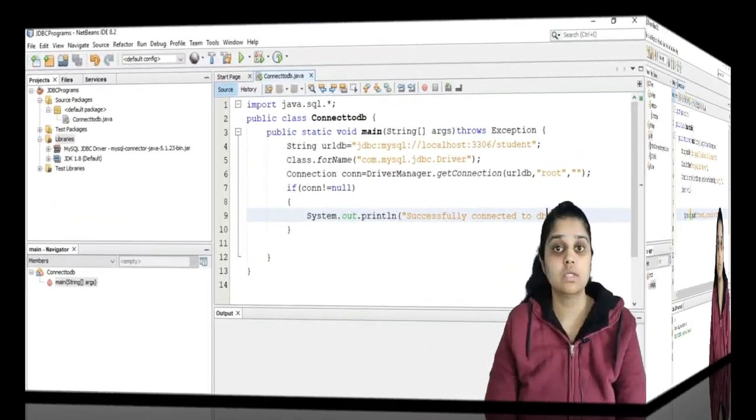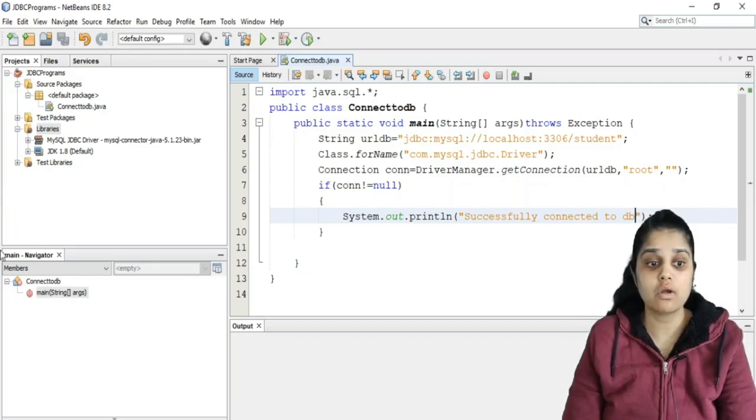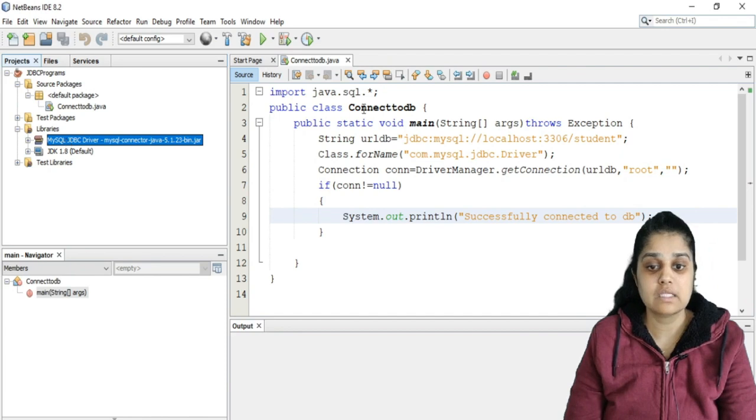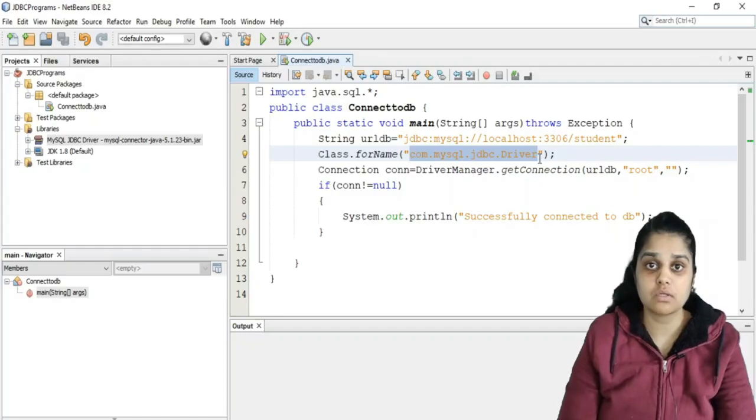Now let us see in more depth what your connector file is actually doing. This connector file is linked with com.mysql.jdbc.Driver. So we are going to move on to this path.